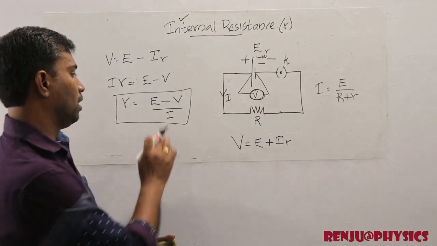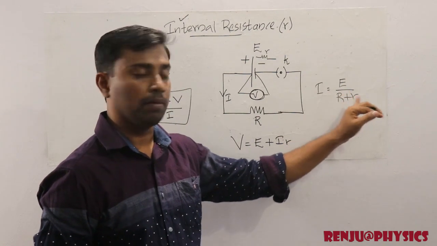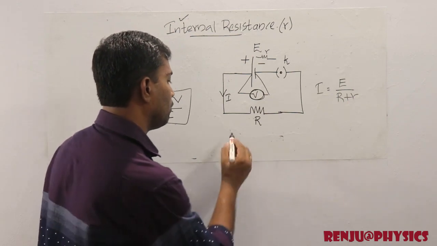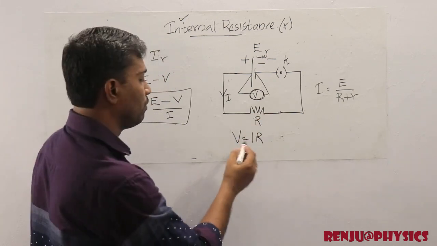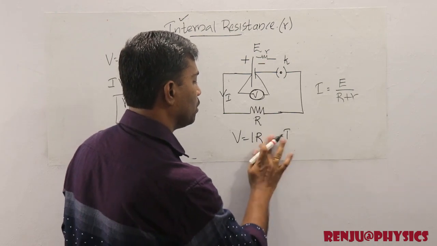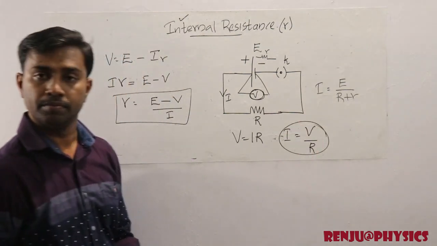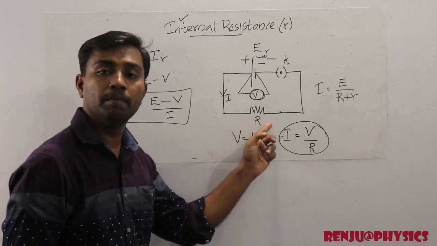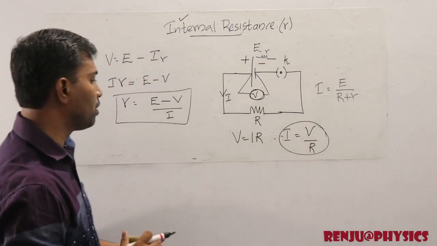Okay, but here I is the current that is given by I is equal to E divided by R plus r, or otherwise we know that V is equal to IR, because this is the voltage across this resistor. V is equal to IR, that is the voltage across the resistor. Therefore I is equal to V by R. Here we consider a current is passed through, there will be a potential drop. The potential drop is given by V is equal to IR, so I is equal to V by R. So we substitute the value of I,